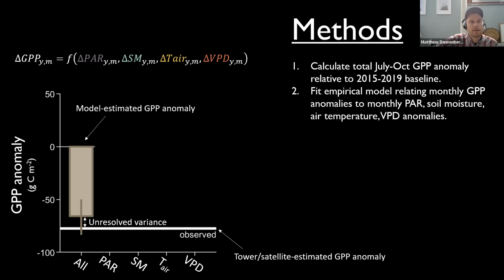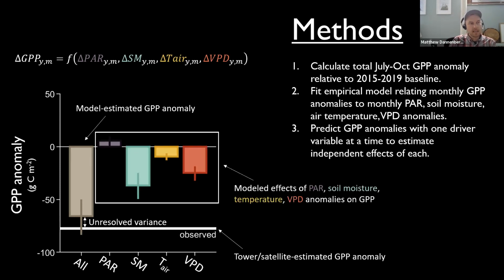Next, we fitted an empirical model that relates monthly gross primary production anomalies to monthly anomalies in photosynthetically active radiation, soil moisture, air temperature, and VPD. We attempted as best we could to account for the fact that all of those meteorological drivers are intercorrelated. But then we used that model to decompose the observed anomaly into its constituent parts. And we did that by taking that fitted empirical model and running it with 1 driver at a time to try to estimate the extent to which the gross primary production anomaly was driven by each of those meteorological